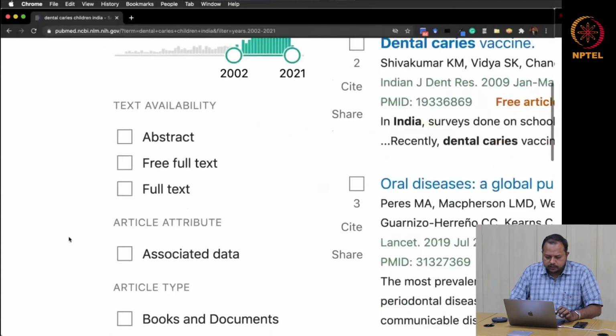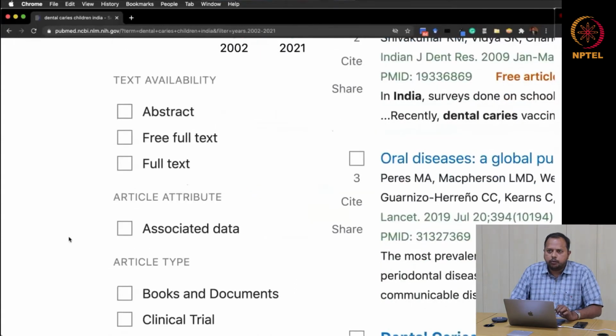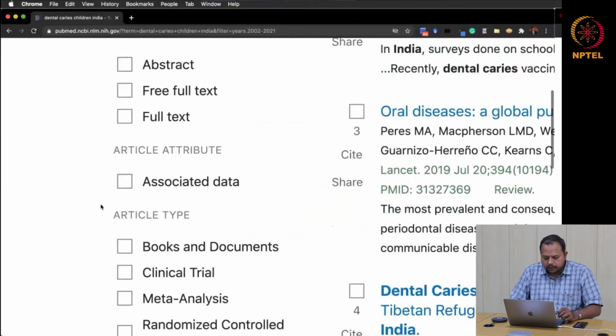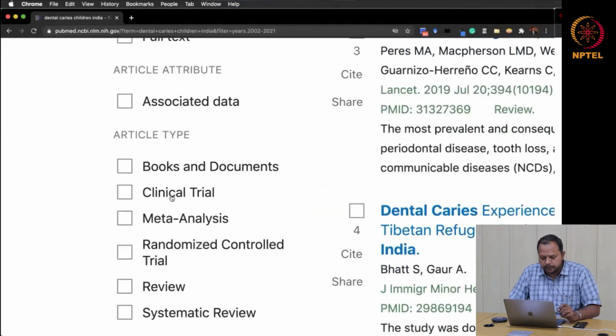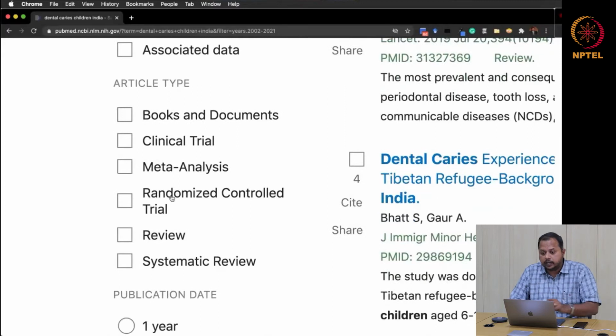Apart from that, there are other filters, such as access to only free full text, or article type specific to a design like meta-analysis, clinical trial, RCT, review, or systematic review.